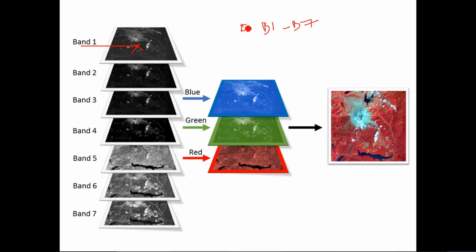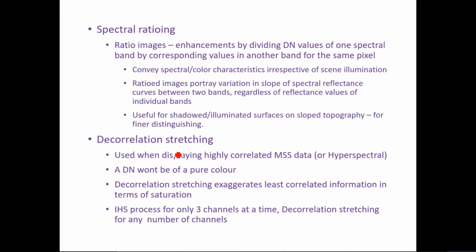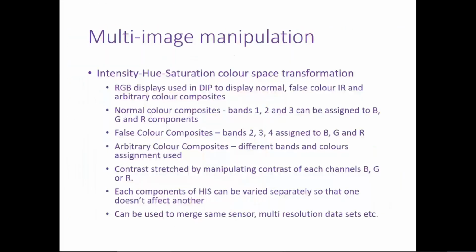So for the same single pixel, for this particular pixel, on this figure, on this figure, on this figure, you have the DN values from various bandwidths or various wavelengths. This is the basic idea. This is the basic thing that we are going to alter in multi-image manipulation. So for the same satellite image, you have a particular DN in that particular band. You have several bands and you have the DN of a particular pixel for all these bands. Okay. So in spectral ratioing, this is the basis of multi-image manipulation.